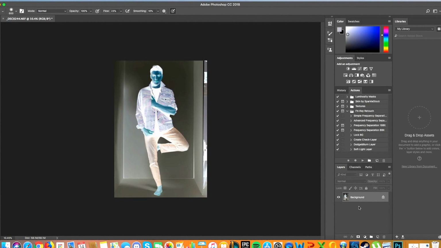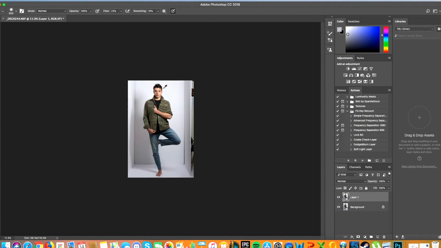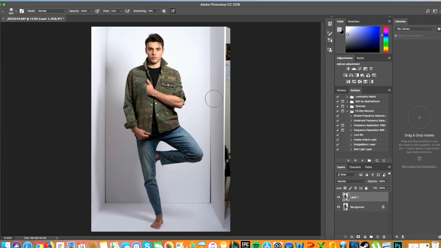Okay guys, now I'm gonna give you one more small trick, by duplicating your layer if you wanna remove the right side of this picture. So I'm gonna tell you how to do that. Go to rectangular marquee tool to select the area that is good in the picture, so you can select this area, for example,